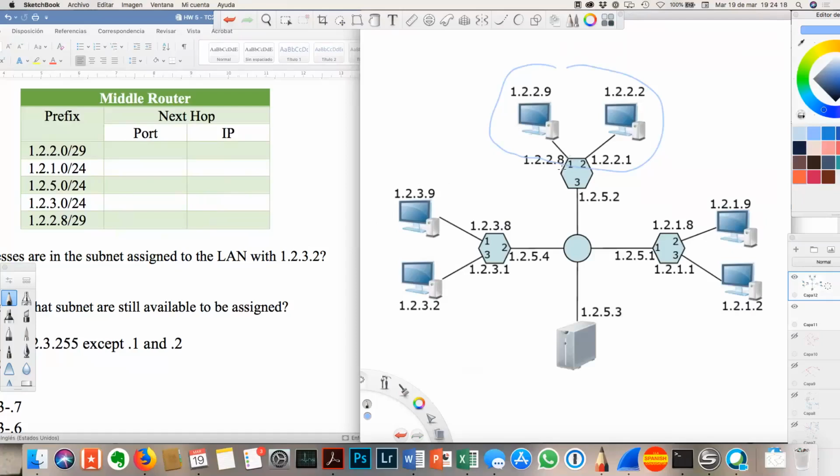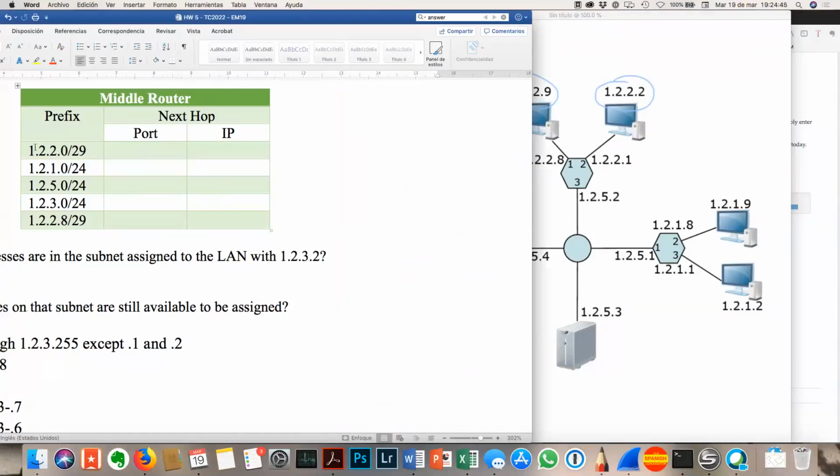One of them is on port number 1, one of them is on port number 2. And here are the IP addresses of those ports in case anyone cares. But I got to figure out if I'm looking for 1.2.2.0/29, am I talking about an address here or an address here? Well, I haven't really told you everything about these subnets. I haven't told you the subnet masks of them, but this is a huge hint. It's a /29. So let's try writing this thing out,